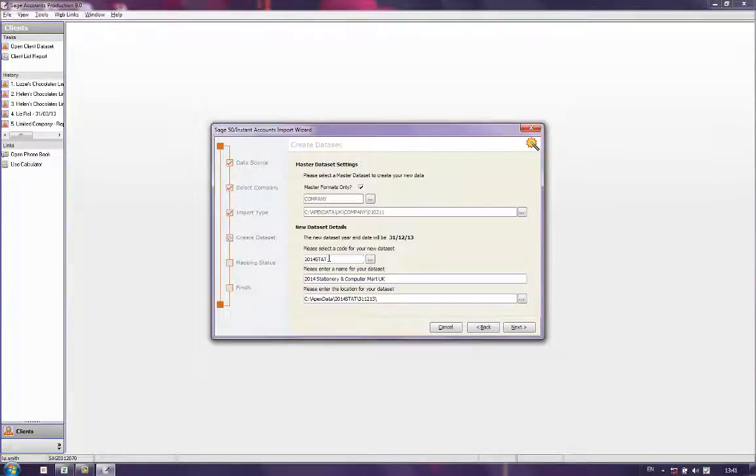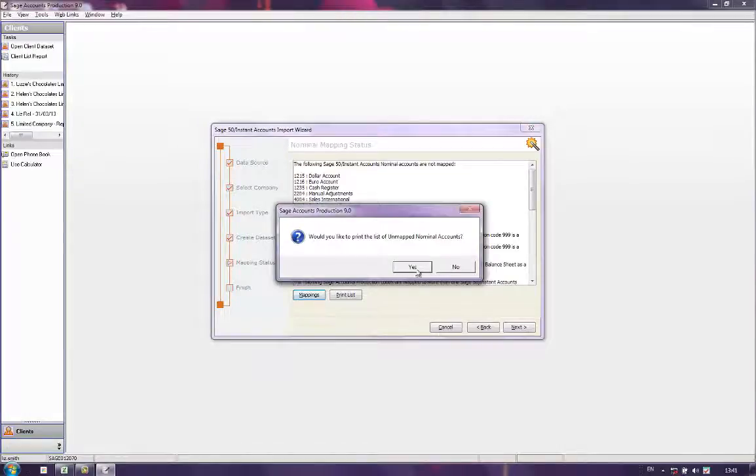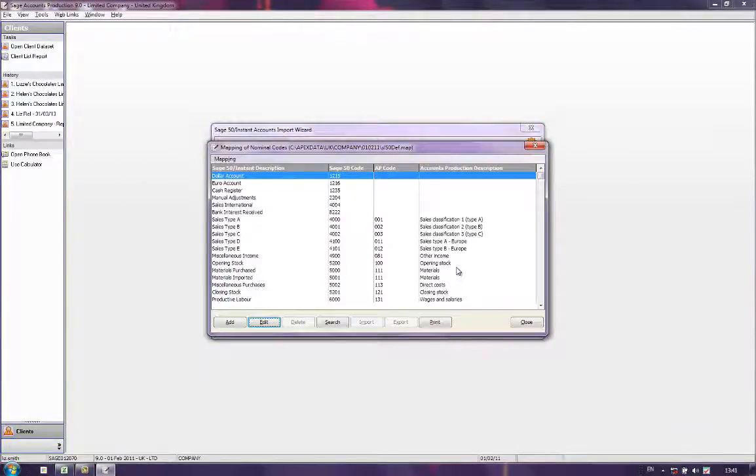I'm just going to change this slightly because I know I'll have another one of the same name. So as I mentioned, we've got a few accounts in here where it doesn't know where to map them to. So you can use your mappings list. You can print it off if you want. So you can work through those few accounts, or simply clicking on the mapping button, you can then go and